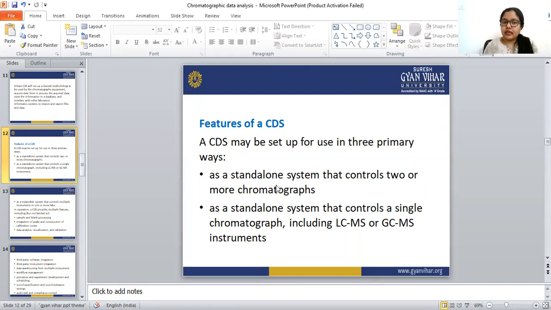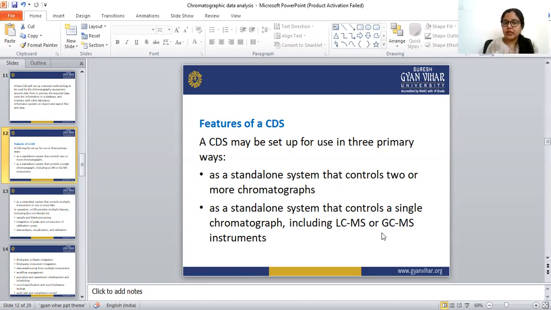The second is as a standalone system that controls a single chromatograph, including an LCMS or GCMS, meaning a liquid chromatography mass spectroscopy or gas chromatography mass spectroscopy instrument.